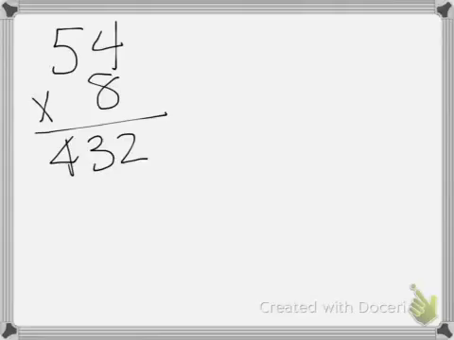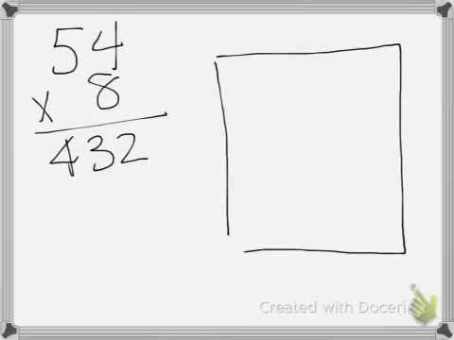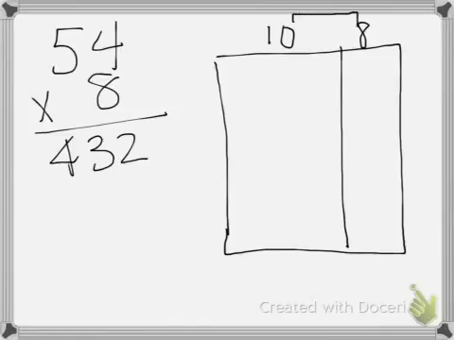If we look at the area model, so here's my rectangle, I split it up, here's 10 and 8, these two numbers equal 18, and I have 54 on the side. So the rectangle on the right